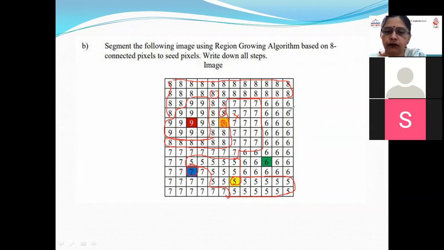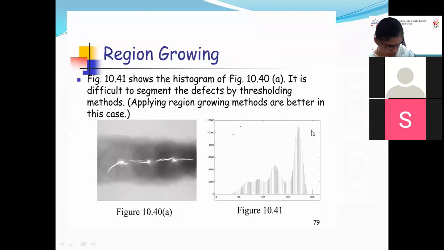In the end we start with this last seed and get all these pixels having similar gray value. So this is how we can use the region growing technique. After segmentation,